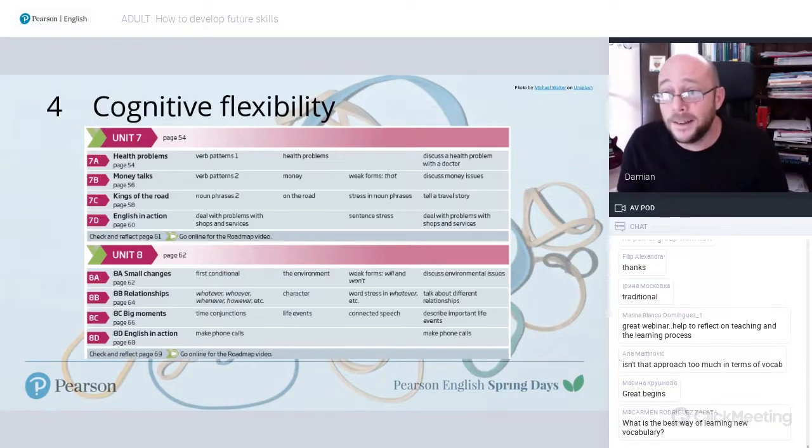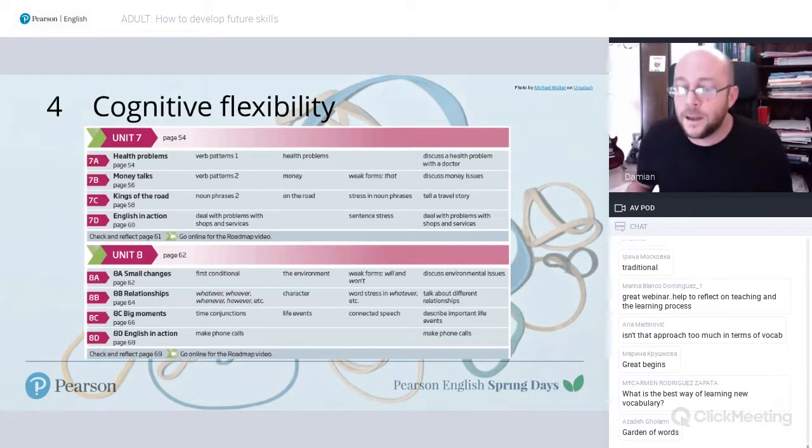Another good question, what's the best way of learning new vocabulary? How long have you got? I don't think there is perhaps one best way. There is another talk on this week with Rachel Roberts, which I highly recommend, and it's about learning vocabulary trees. I'm not sure when it is exactly, but if you check the schedule,